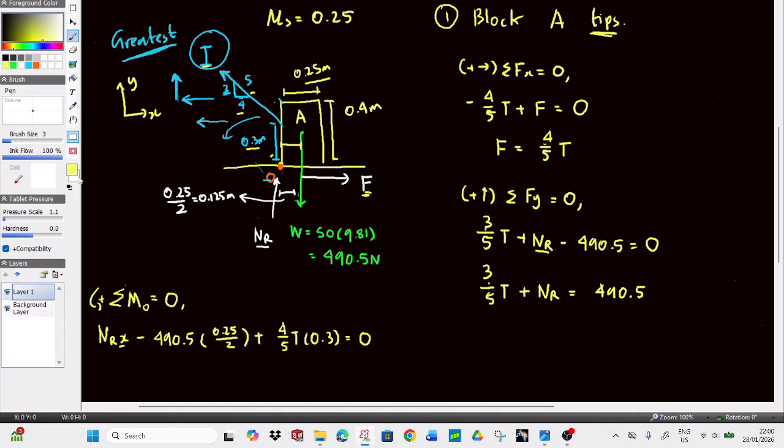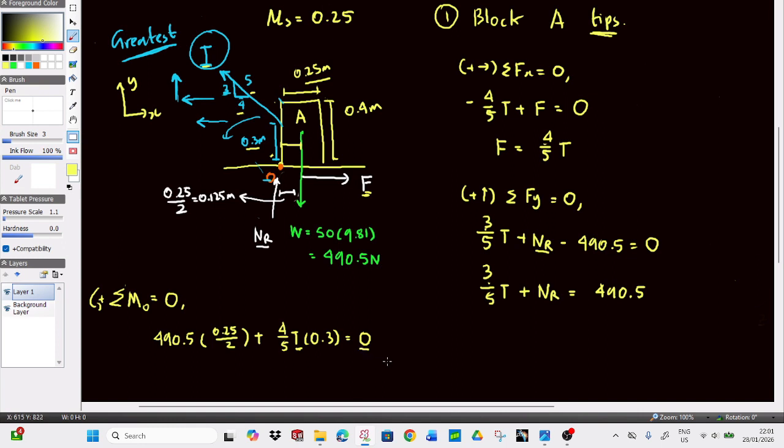So that means this x is no longer part of our problem. Our problem only deals with T, so we can erase this off the equation, because that's the only thing that's going to be concerning us. We take the moment at point O, since NR is already at the edge of the block itself. So therefore, it's just 490 times 0.25 times 2, which is going to cause a clockwise moment, and the tension in the cable is going to cause a counterclockwise moment,